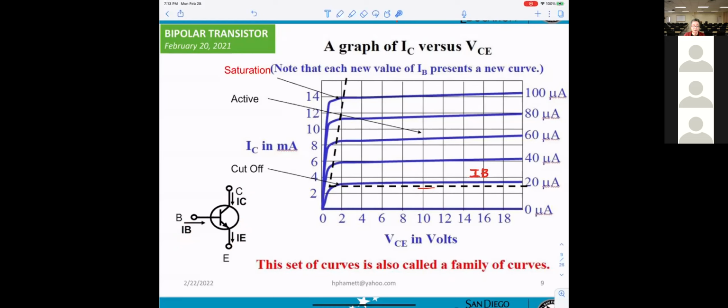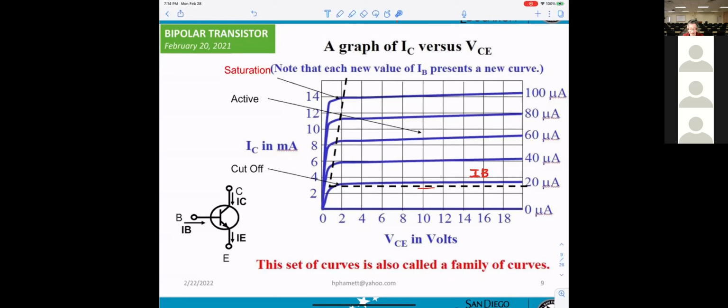Okay? So that's what you must know. Bipolar is a current controller device. Why current controller? The thing is when you change IB, you can change IC, and change VCE, for example.